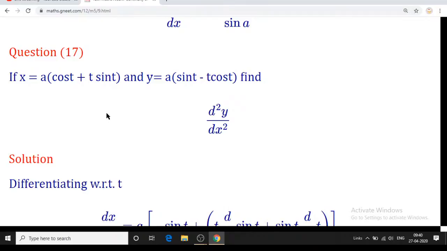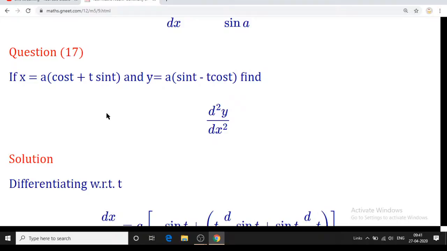Now the 17th question is much more important. They have given just a single question here, but that doesn't mean only that question will be asked. They can ask questions regarding this. That is, a parametric is given, and we have studied the complete parametric exercise, but in parametric they just asked dy by dx. Now in this case the parametric is given and they have asked d2y by dx square, that is a second order derivative with the function given in parametric form. In the parametric exercise we solved, we just calculated dy by dx, we have not gone for d2y by dx square.